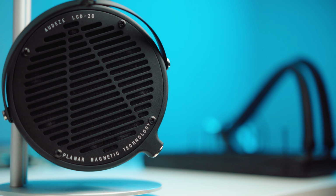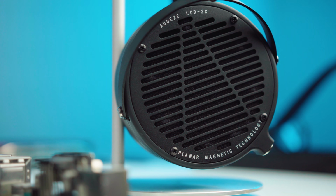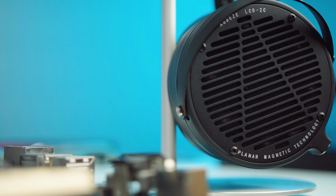So speaking of those vocals, for me, this is kind of a hands down winner for the 2C. That's just because of how rich and lush and super enjoyable the 2C is. The XX is very good, but where the XX has its benefits and its drawbacks that we'll talk about in the full review, it has those benefits and drawbacks for the vocals. It's got certain points that are great, certain points that are not so great, specifically in the separation department. The 2C just pulls light years ahead,